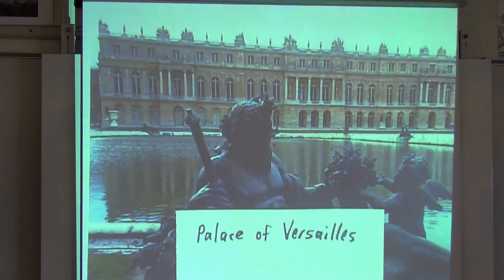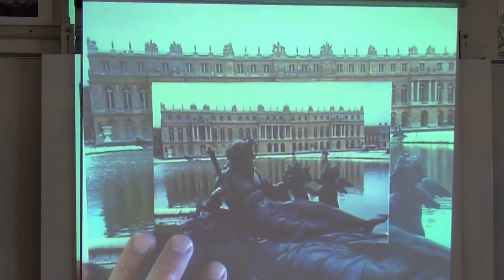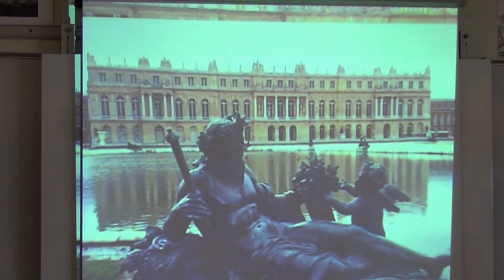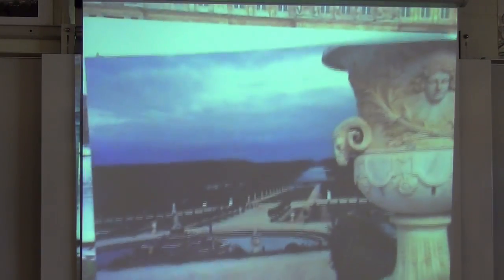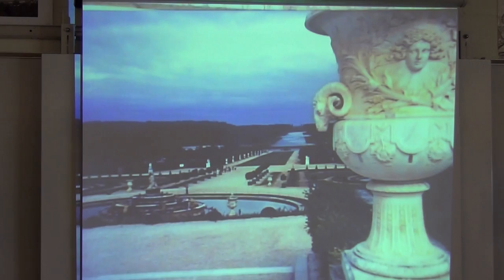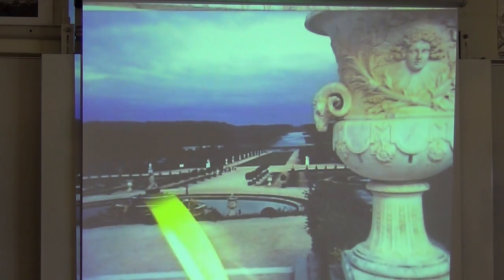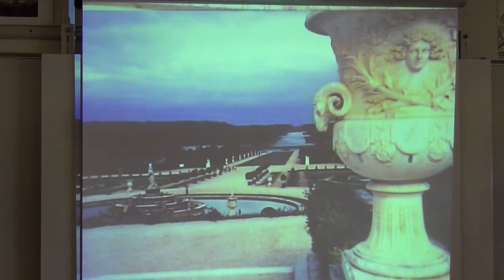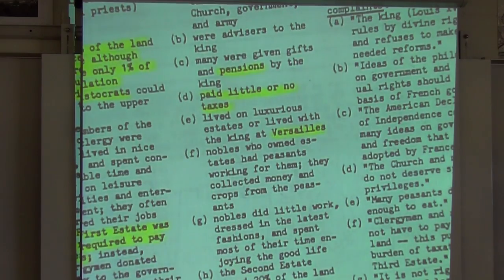I found that picture I wanted to show you. Here it is. I took this photograph right here. Here is the actual photograph itself. After taking that picture, I turned 180 degrees and took this picture. You can see how humongous these grounds are. There's a big fountain right here called the Fountain of the Frogs. There's a big fountain right here called the Big Neptune Fountain. All of this was so big it was hunting grounds for all the kings of the time period. Okay, so let's get back to our discussion.